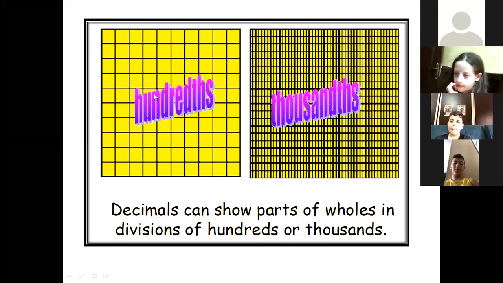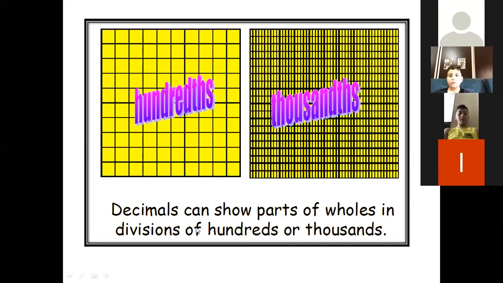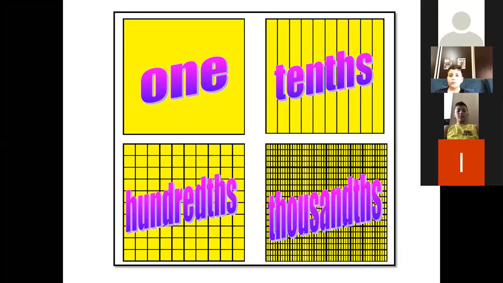Sometimes we can cut it into 100 parts, so this is hundredths. It can be even smaller, like thousandths. So decimals can show parts of wholes in divisions of hundredths or thousandths or tenths or whatever. Okay, now